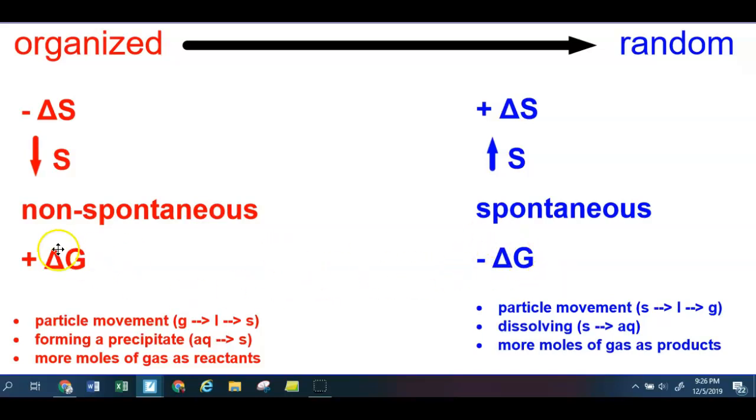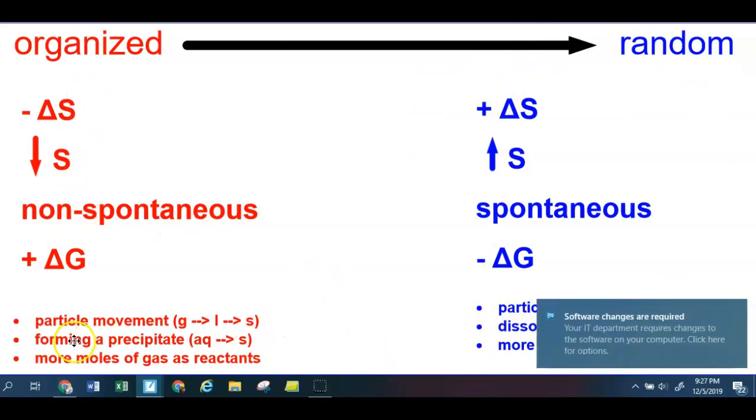We'll talk about what G is here shortly, but this does go through all the different pieces as it goes from organized to random. I really like to think about this side of the arrow, and then just know everything on this side is opposite. The only thing that's not as clear that's opposite is forming a precipitate versus